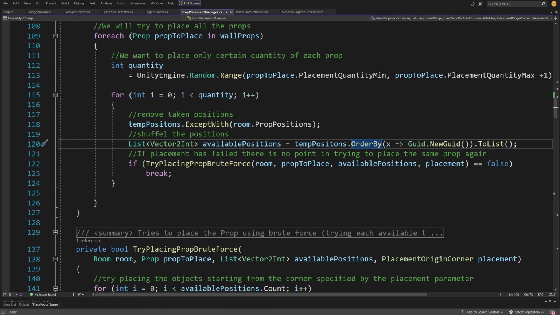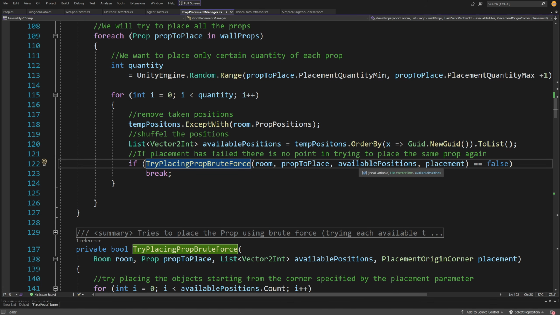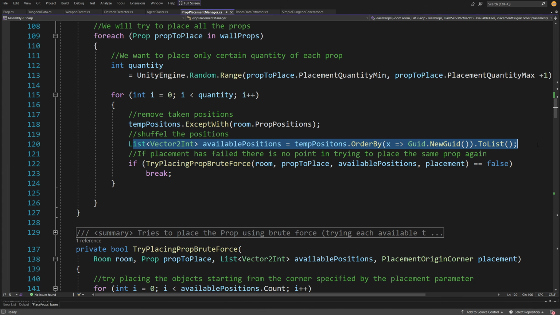So order by x, such as GUID dot new GUID and we are going to shuffle this, and we are going to convert it to a list using our LINQ library, and at the end we are calling try placing prop brute force. This method takes again the room, the prop to place, available positions, so this list that we have shuffled, and we are going to shuffle it before every placement, and then we are going to pass the placement type, so